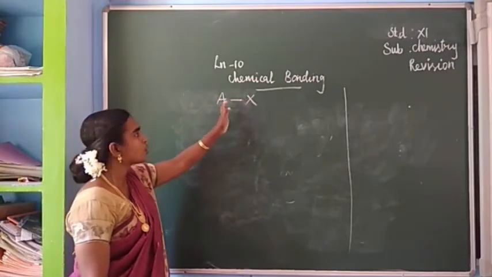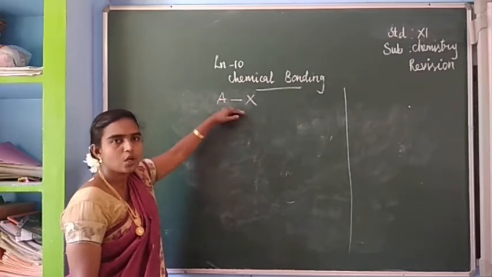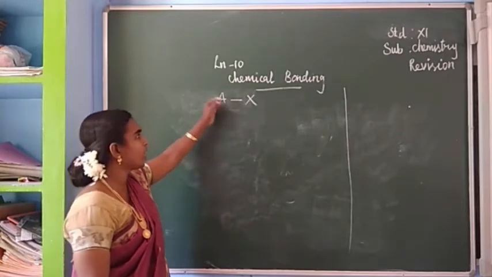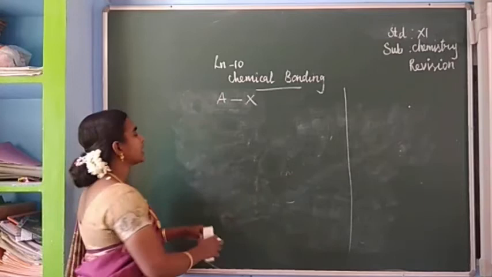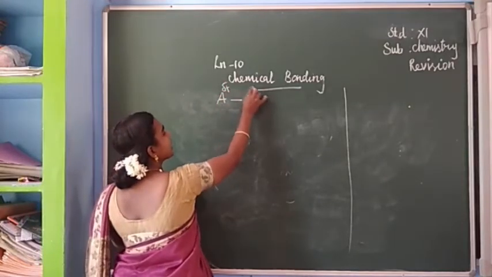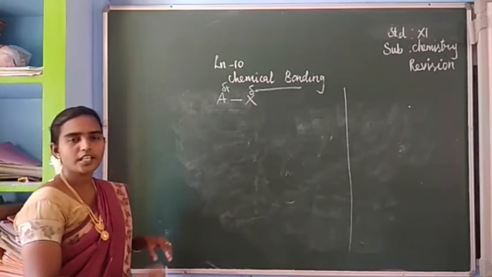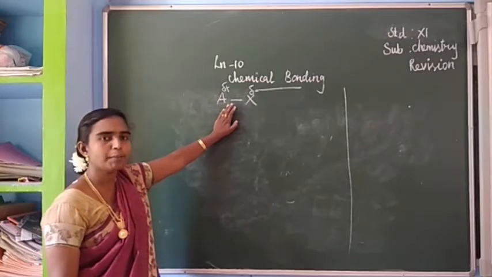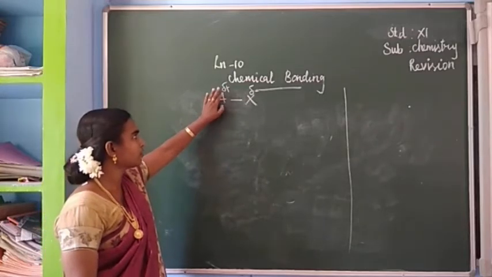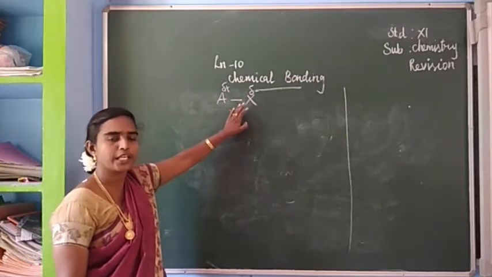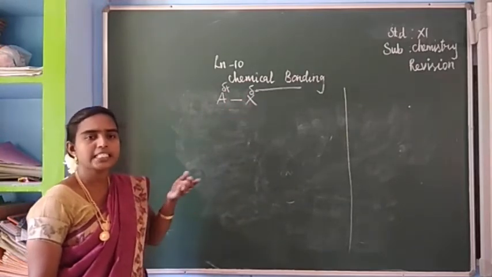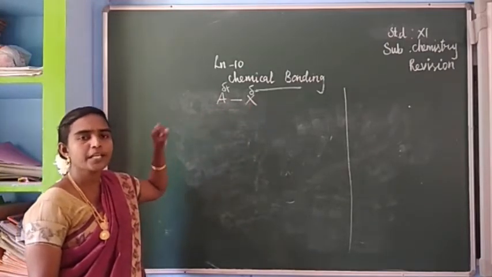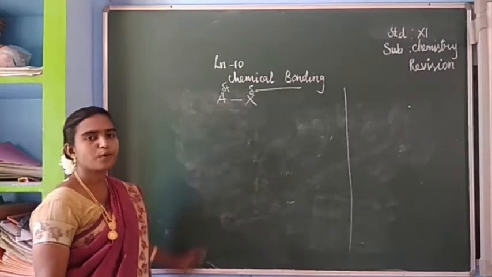Is it clear? So when these electron clouds are shifted, the bond becomes polarized. One atom will get a partial positive charge, the other atom will get a partial negative charge. So this is called polarization. Usually how does it happen? One of the atoms must be more electronegative. The more electronegative atom has the tendency to attract the shared pair of electrons towards itself, so that the bond becomes polarized. So this is called polarization.